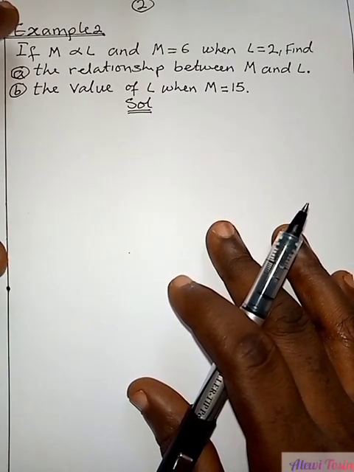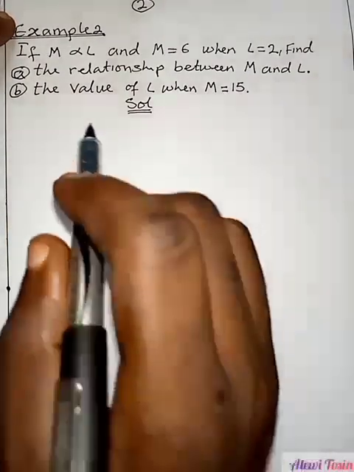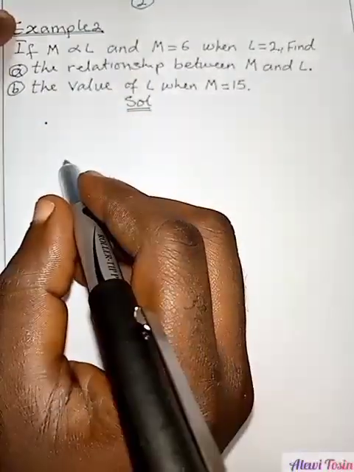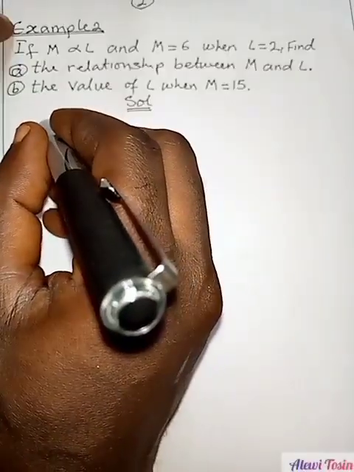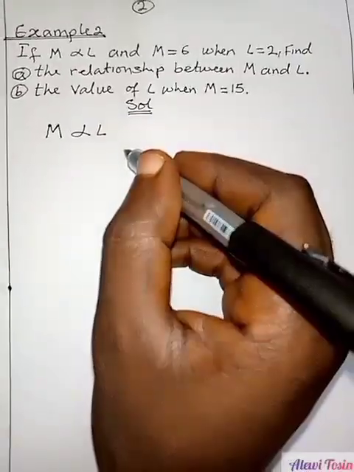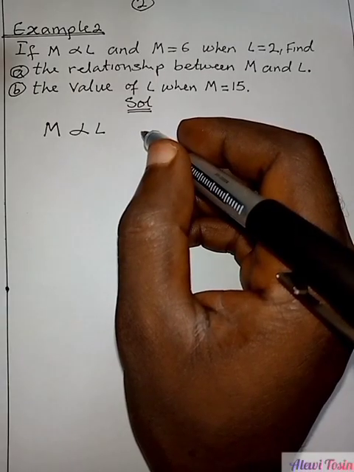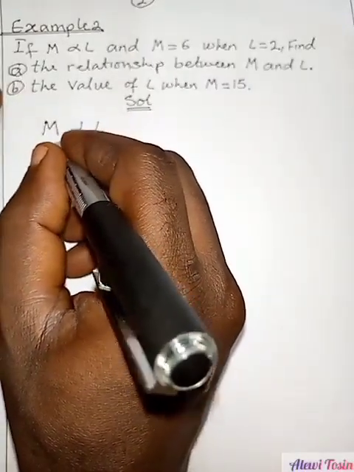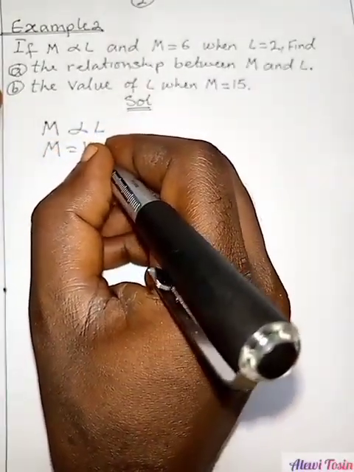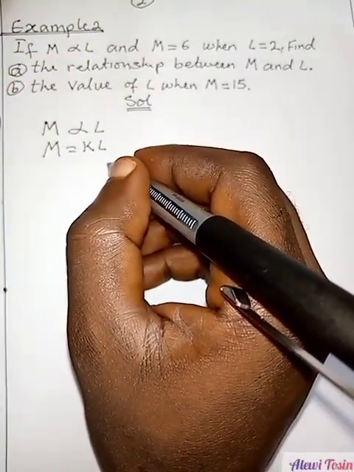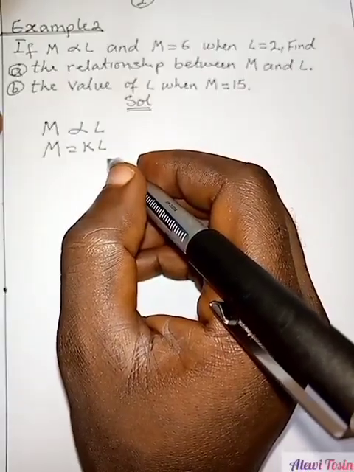Now let's take this example still under direct variation. The example goes thus. If M is directly proportional to L, now firstly that statement means that M is equal to KL, where K is a constant of proportionality, which means that we can start by first making,